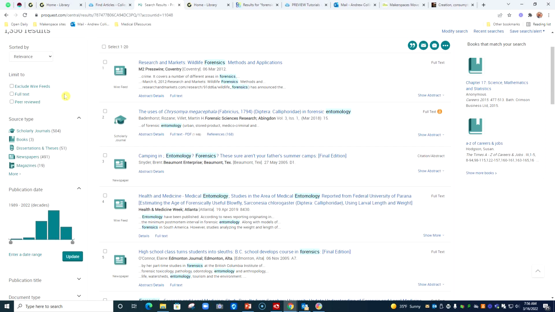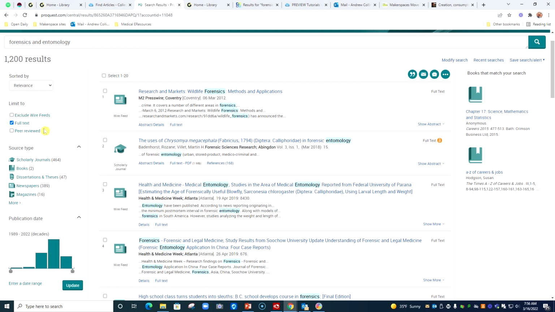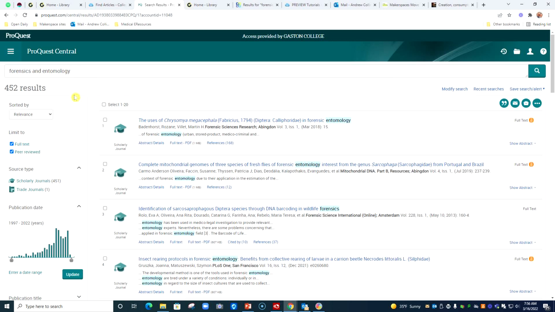Most of the time when you're doing research, you want full text, so you'll have more information to pull from. And you see that drops it a little bit down to 1,200. You also want what is called a peer-reviewed article. Now, a peer-reviewed article is an article where a researcher has done research on a